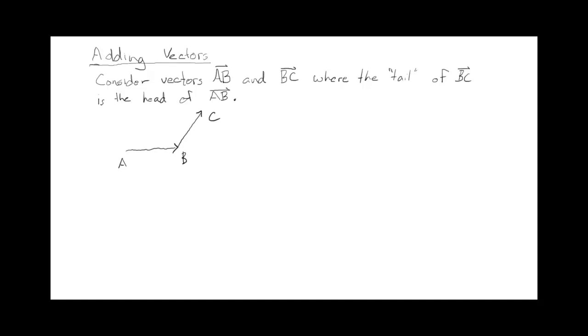Alright, in this video we're going to define what we call addition, or adding vectors. So if you consider two vectors AB and BC, where the tail of BC is the head of AB. So you have the vector AB here going from A to B. So that's its tail to the head, the arrowhead right there. And then B to C, so there's the vector BC. Then the sum